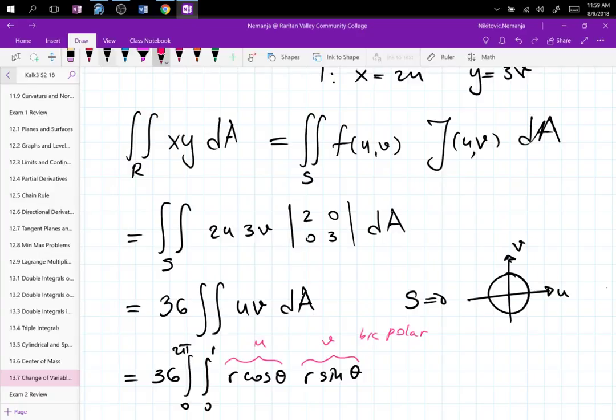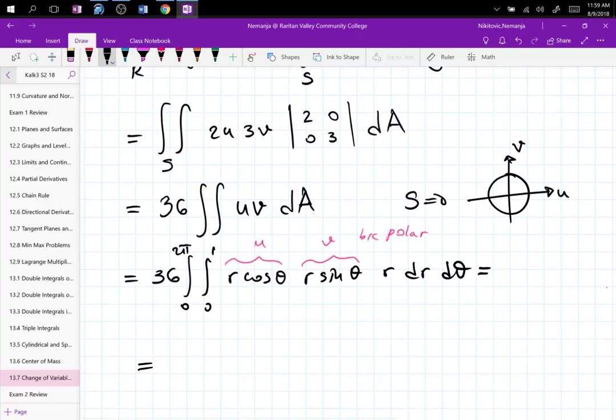Your Jacobian is out as 6, and you have your r d theta. So now you have your 36 double integral 0 to 2 pi and 0 to 1 of r cubed, and now you have your